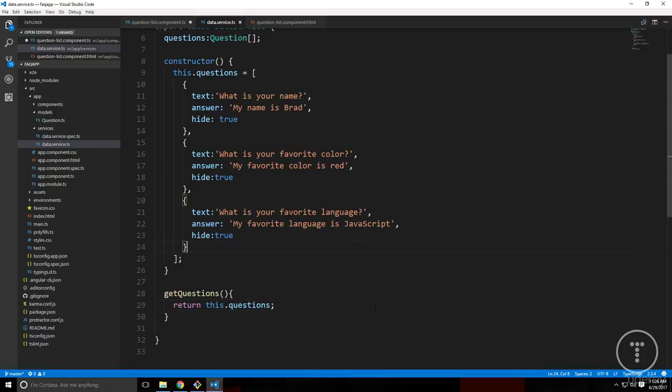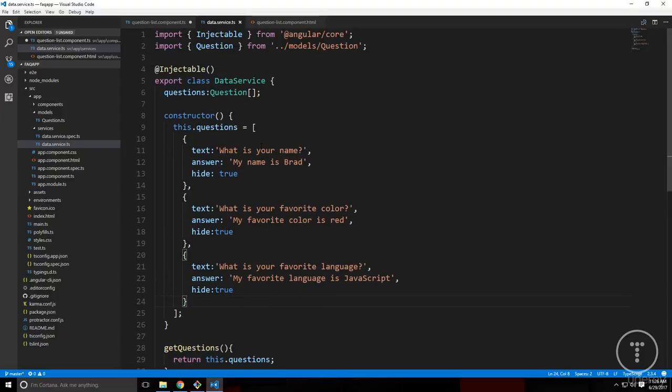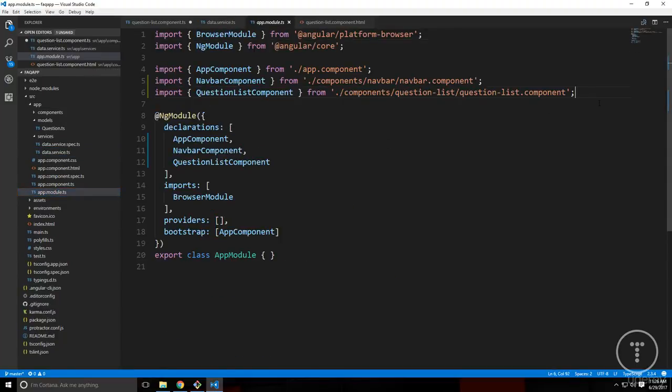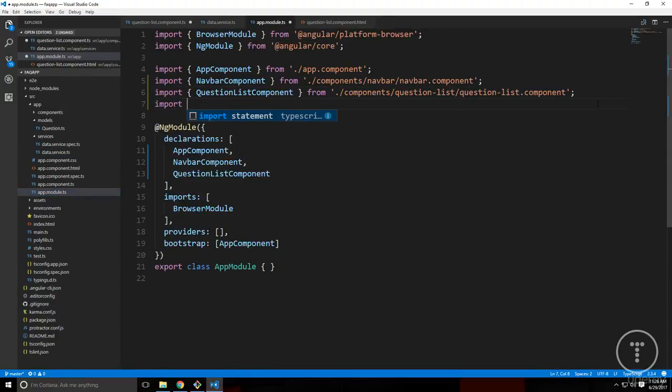All right, and then we want to load this service into our component and pull them from here as opposed to just right inside of our component. So when we create a service, it has to get added to app.module. We know that from before. So let's go to app.module.ts, and we're going to bring in, let's say, import, and we called it DataService, and that's going to be from /services/, what was it, data.service, and then we need to add it as a provider,